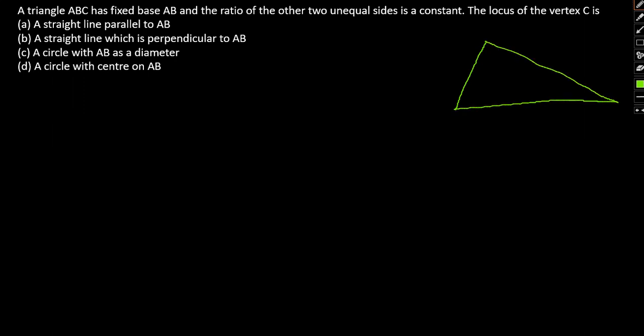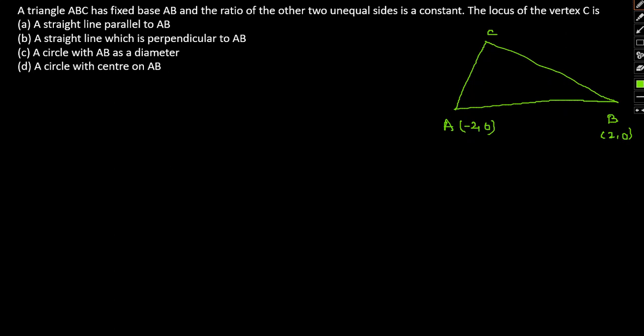Okay, so this is A, this is B, and say this is C. So now the triangle has a fixed base. Base being fixed, so let me take two random coordinates so that we can say that the base is fixed. Say I'll take -2, 0 here, and this be 2, 0. Okay, so base is fixed.